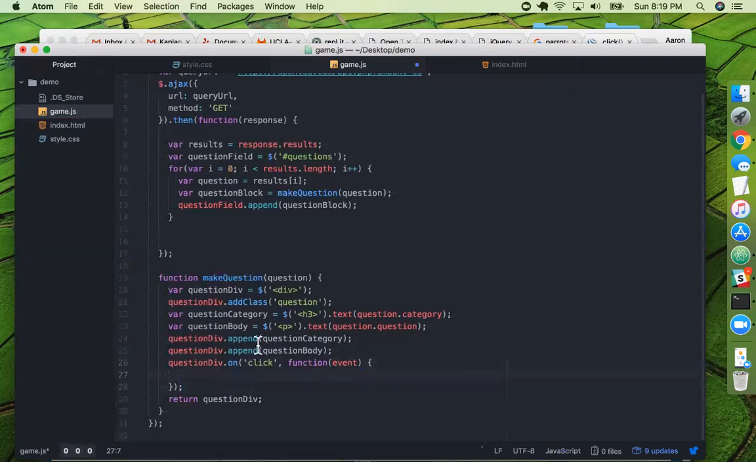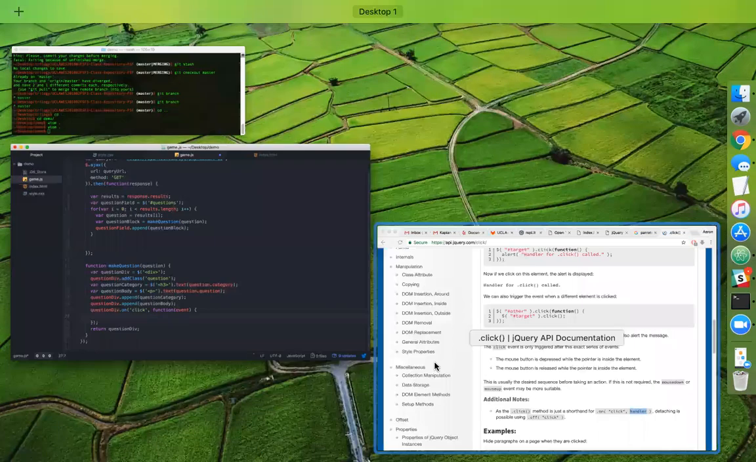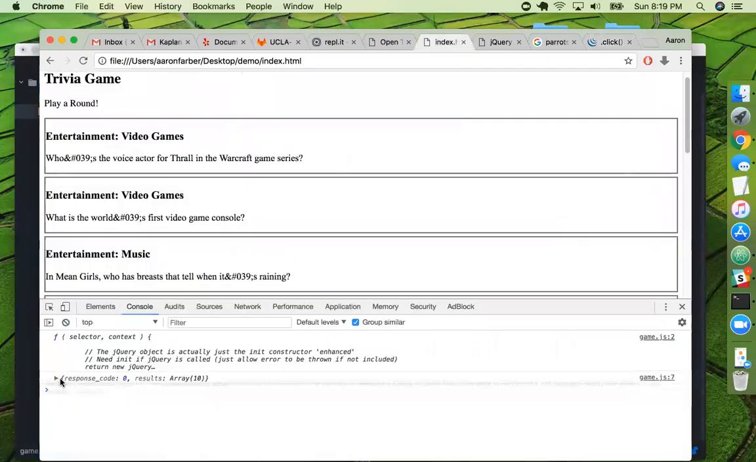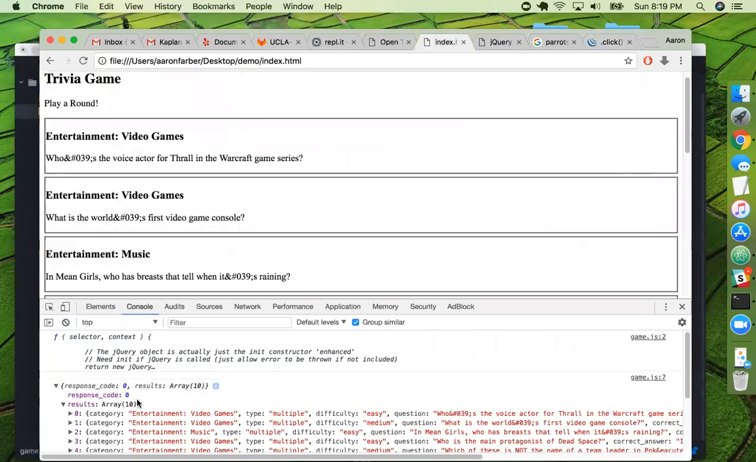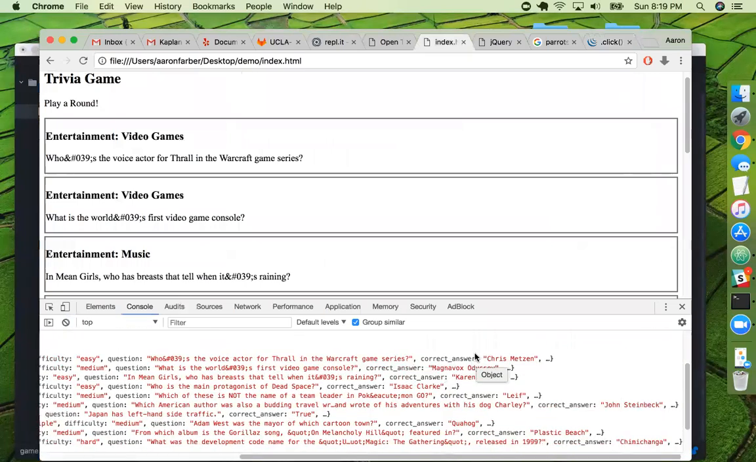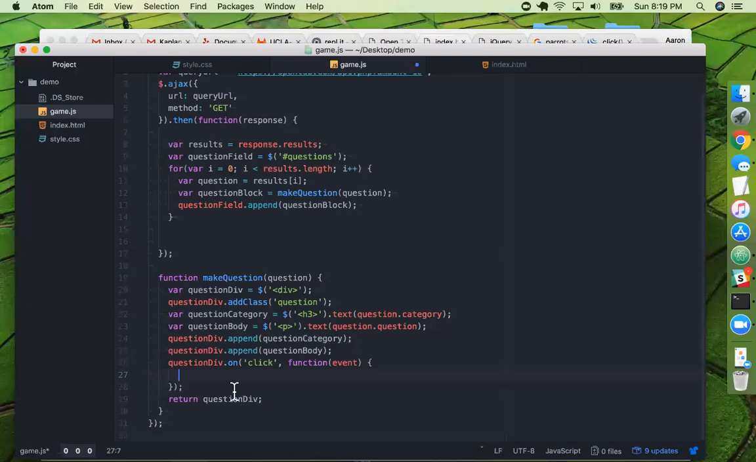Okay, so on click, what do we want to do here? We want to see the answer. What do they call it? Correct answer. All right, it's kind of lame, but whatever. So question div on click, okay. So maybe we could do empty, right? We could empty out the question div,